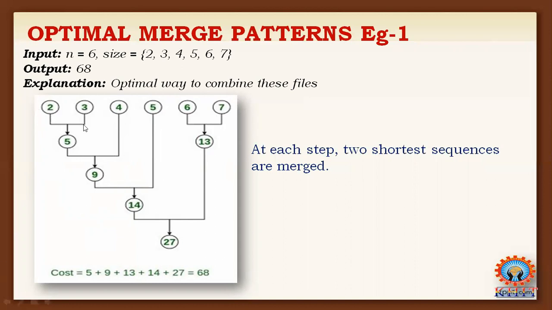Once the files are arranged in ascending order of their file size, we need to merge the first two smallest files. Among the listed files, the first two smallest files are file 2 and file 3. These are the smallest file pair. Then applying the merge technique, we get the result 5. Next, we compare the next smallest file. Now we have identified the next smallest file is 5.